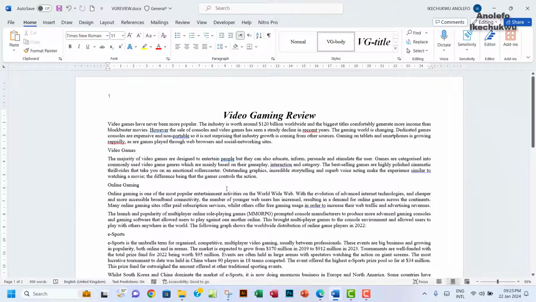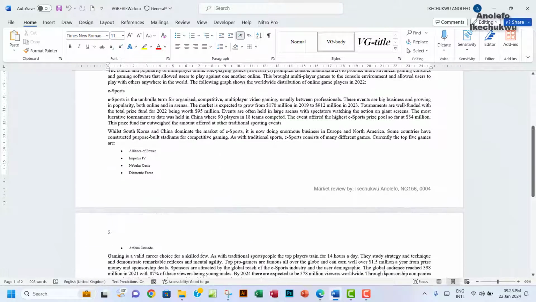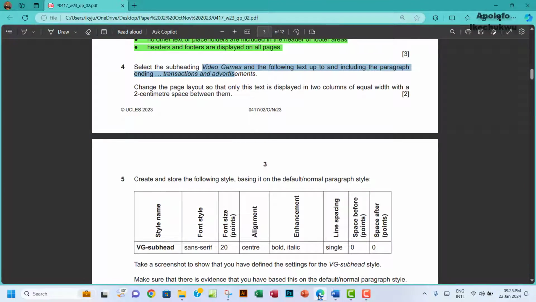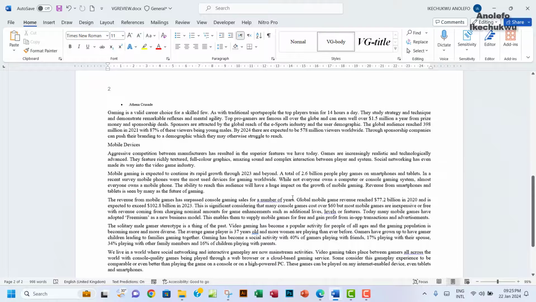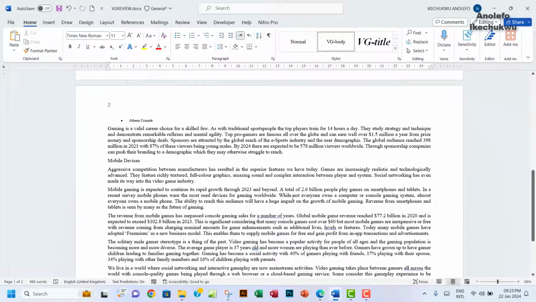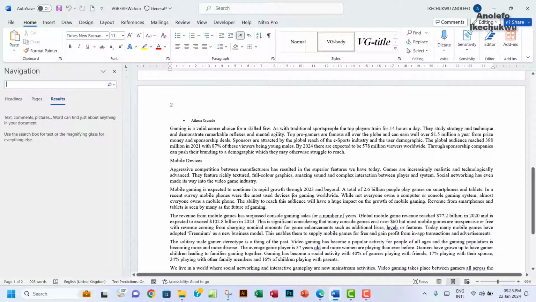So video game here, and then let's see, you have to stop at transactions. So following text up to and including the paragraph ending transactions and advertisement. So let's look for it. A situation whereby you can find it, you can actually press Ctrl F and then write transactions. So let's see if we can find the